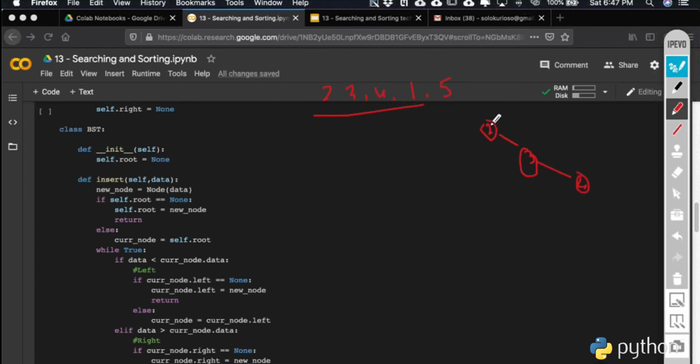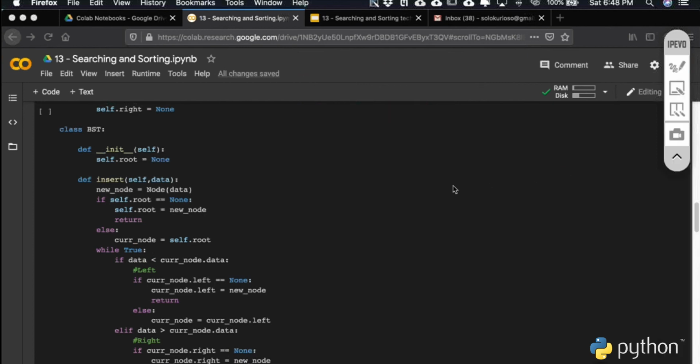Then you find 1. Whenever you make a comparison with the root 2, it is smaller, so you can insert it on the left side. Then when you go to insert 5, you make a comparison with 2, which is smaller than 5, so you move on to the right. 3, because it is again larger, you again move on to the right. And then 4, again it is larger, so you move on to the right side. That's how you can create a binary search tree for this set of elements. Once you start finding the items, you can find those items again in log-base-2 time. Based on this pattern, we have created this code, and once you go through it, you will understand how it is changing.